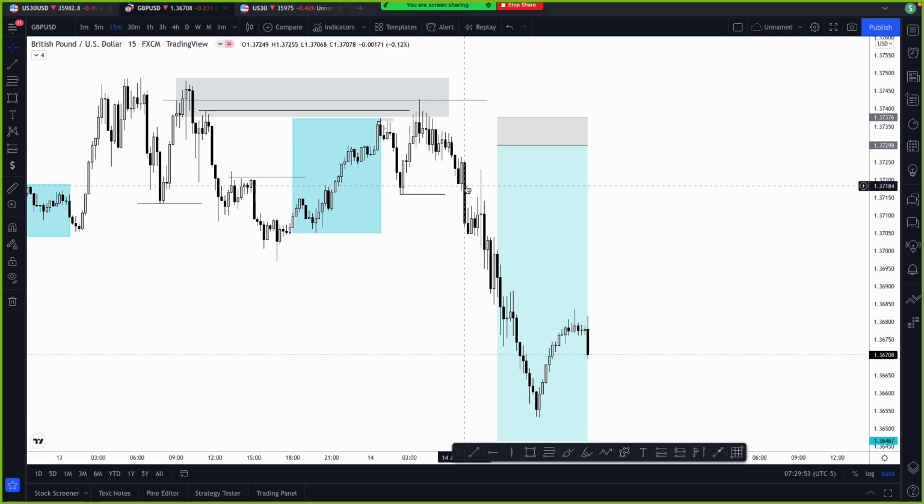And why did the market hold this one? Because it was an engulf candlestick. They engulfed the previous one. Those Phantom guys call it flip. Supply and demand flip, something like that. Yes, flip. Demand flip. So this is what I did yesterday.